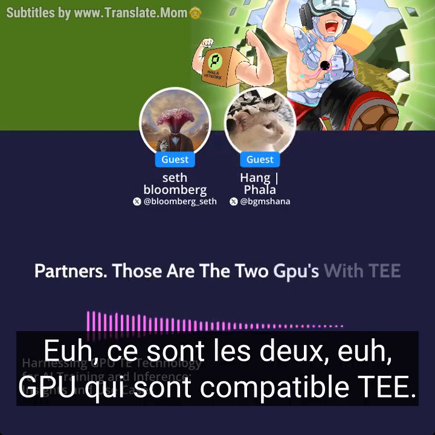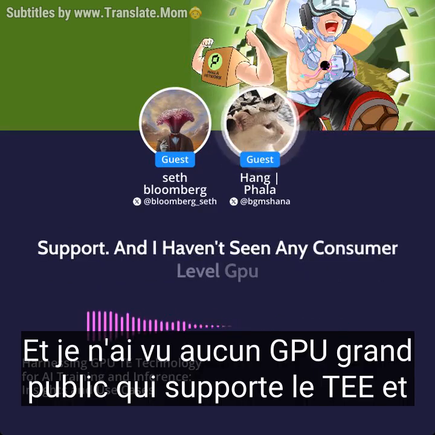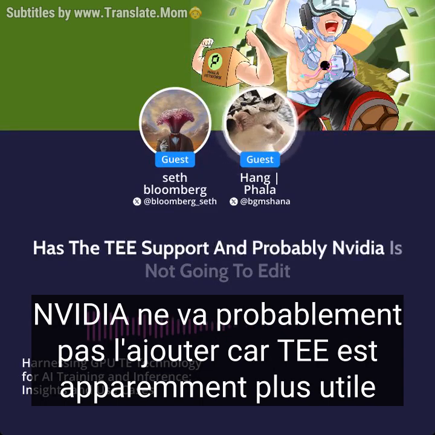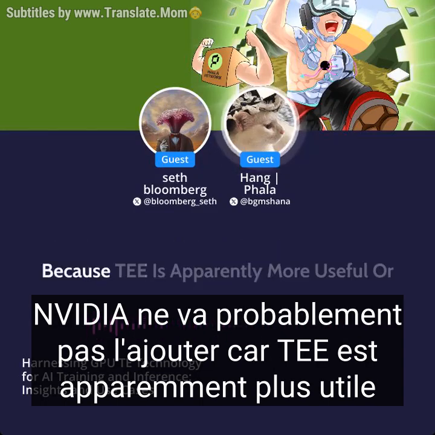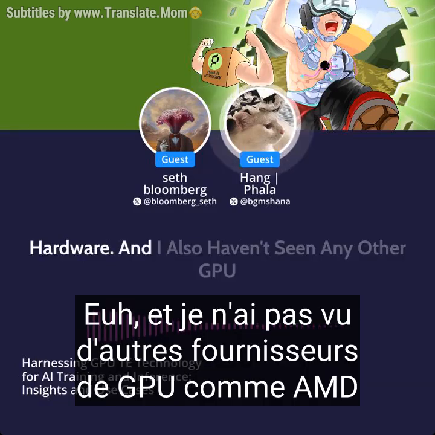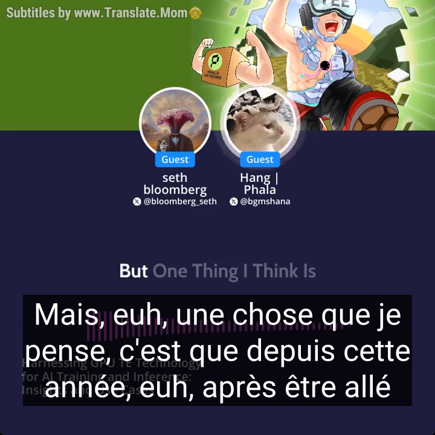Those are the two GPUs with TEE support, and I haven't seen any consumer-level GPU that has TEE support, and probably NVIDIA is not going to add it because TEE is apparently more useful for enterprise use cases instead of consumer-level hardware. And I also haven't seen any other GPU providers like AMD add TEE support so far. But one thing I think is